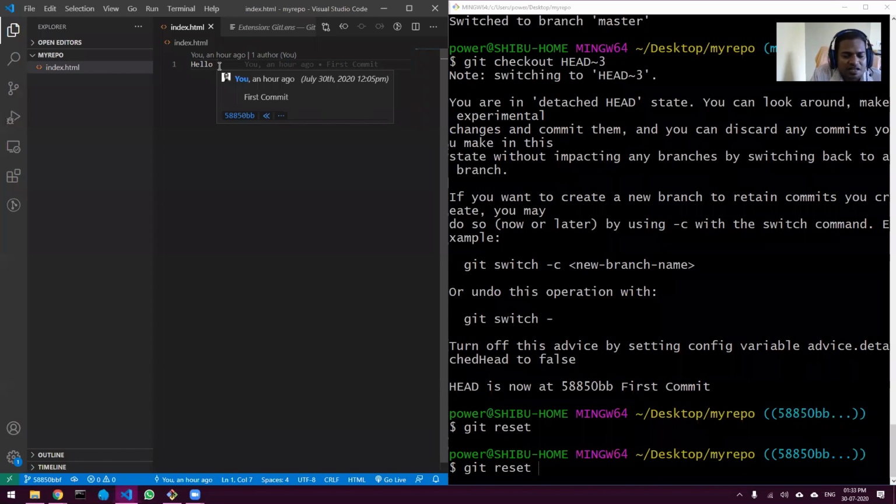But git reset hard completely changes everything, goes back, deletes everything that you have committed before, and clears out everything. So it is very bad to use git reset hard unless you are sure that you will never need that particular code. Let's say you have written some code and you are 100% sure that it is completely wrong and you are never going to use it, then you can use git reset hard for that.